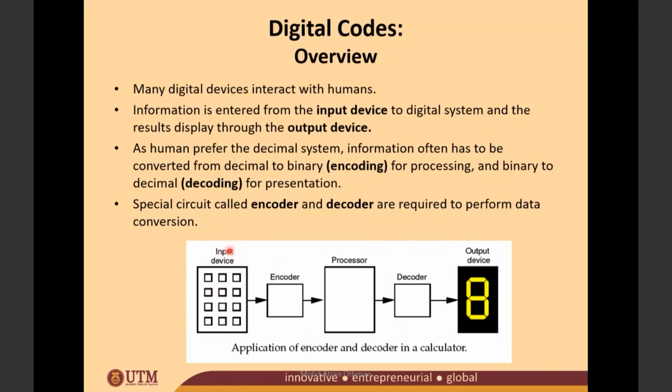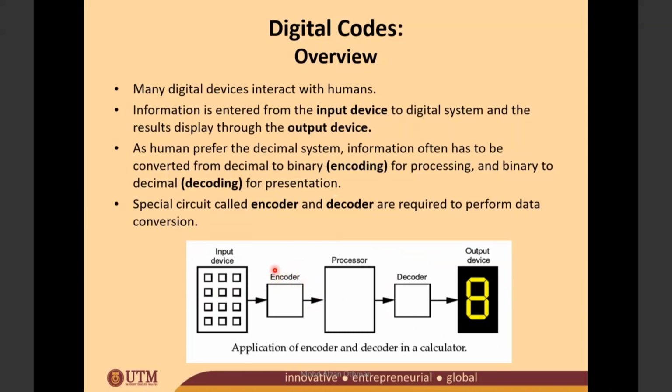We have an input device. For example, we have a calculator, and the input device is the keypad of the calculator. The keypad of the calculator uses decimal numbers, because we humans prefer decimal numbers. Then when you key in whatever value you are going to put into your calculator, that value will be translated to binary numbers or hexadecimal numbers by using